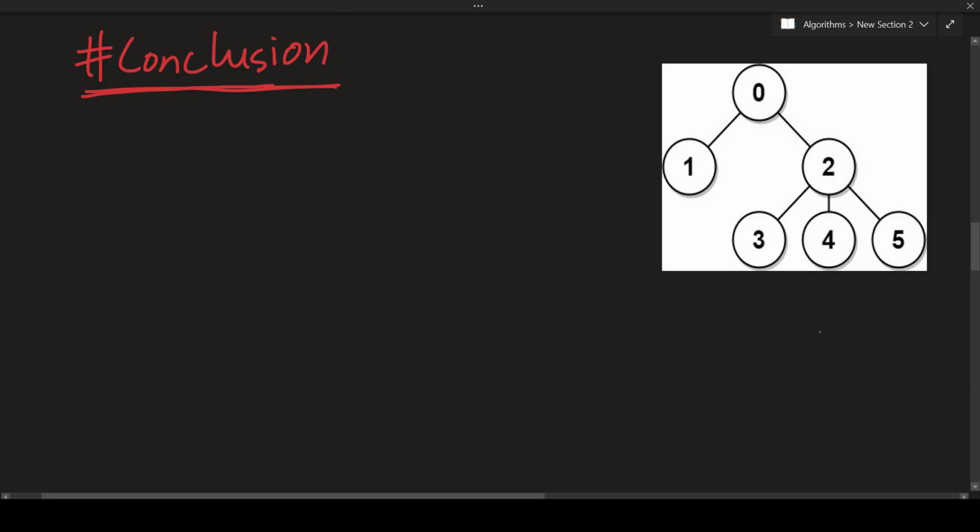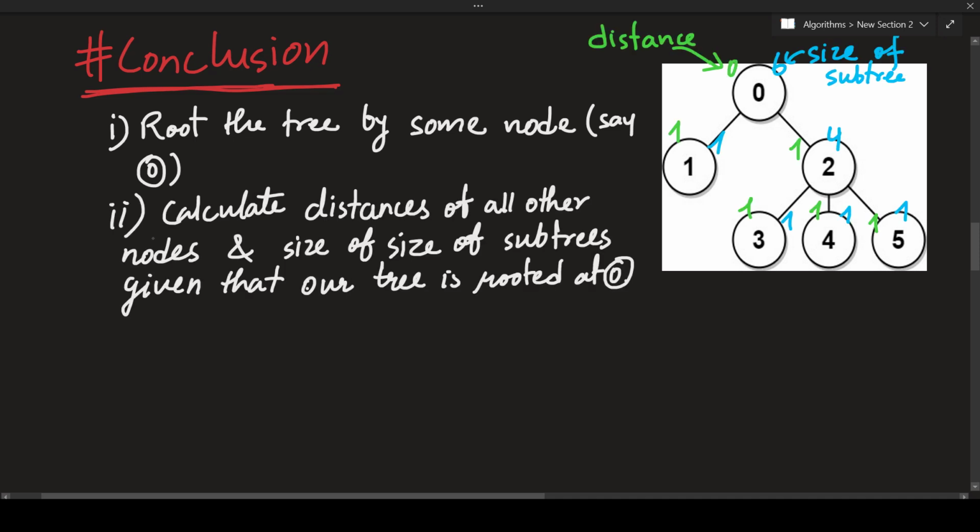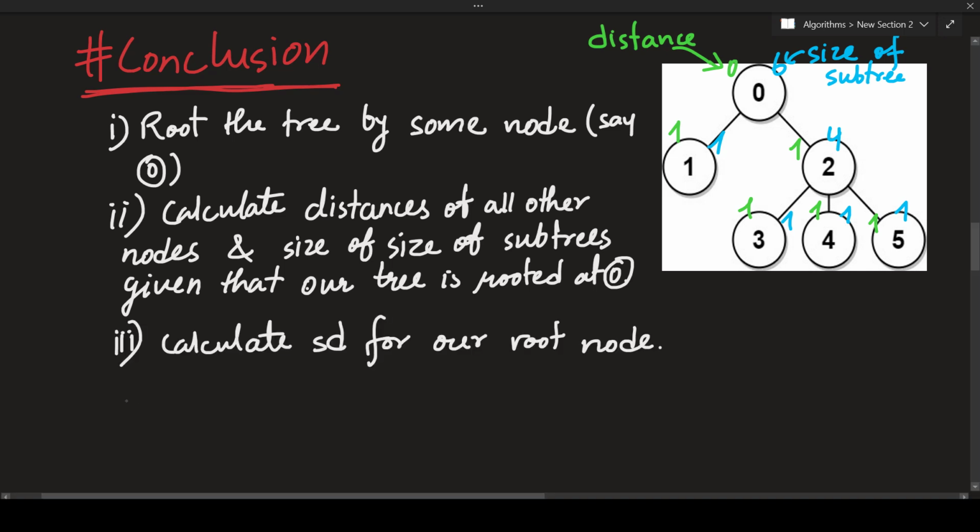Okay, so finally let's finalize all of the observations. First, we're going to root our tree by some node, let's say node 0, and then calculate distances of all other nodes and size of our subtree, given that our tree is rooted at 0. And our next step is to calculate sum of distances for our root node, and our final step will be,